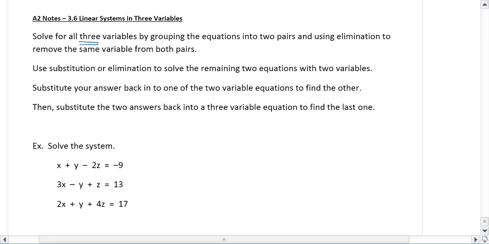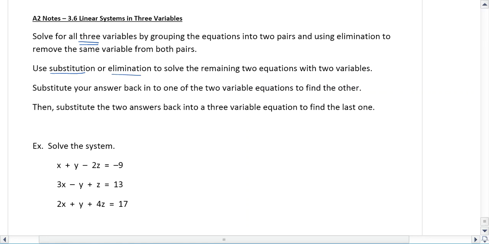In words, you pair up the equations and use elimination to get rid of the same variable from both pairs. So we want to go from 3 equations and 3 variables and bring it down to 2 equations with 2 variables. And then you just proceed as usual. Use your substitution or elimination to solve them. Plug the answers back in to find the other